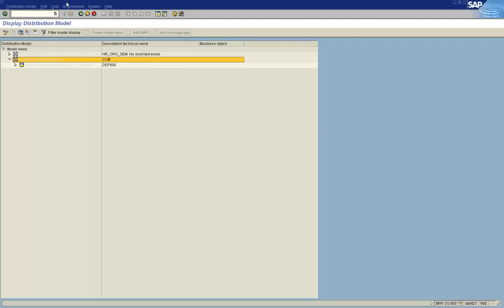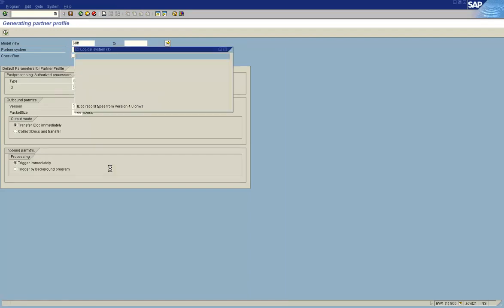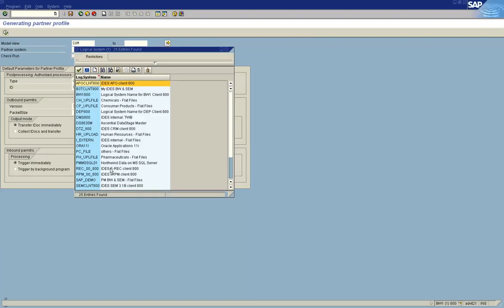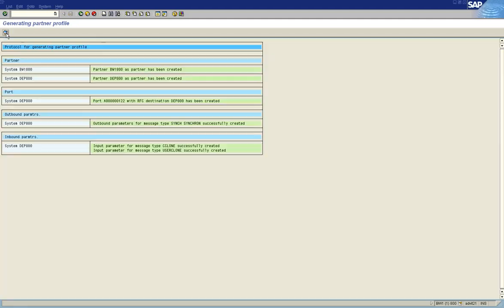So click on environment menu and click on generate partner profile, and select as a partner system DEP800 and click on continue. Execute, sorry. Again you get the same kind of pieces of information.